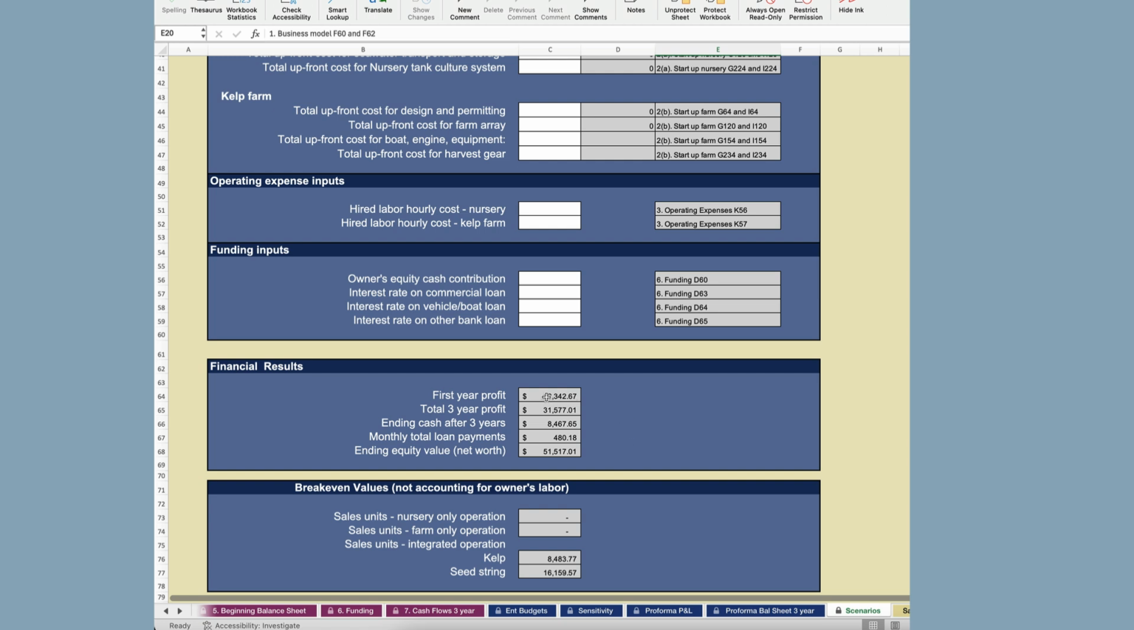Right now, these cells that are grayed out here, these output cells, they are referring to the output pages in the model. So this cell right here, your first year profit, if we look up to what it's referring to, it's picking up your profit in the first year from the pro forma P&L sheet. Okay, and so these output cells are pointing to other cells within the model that are all being driven by